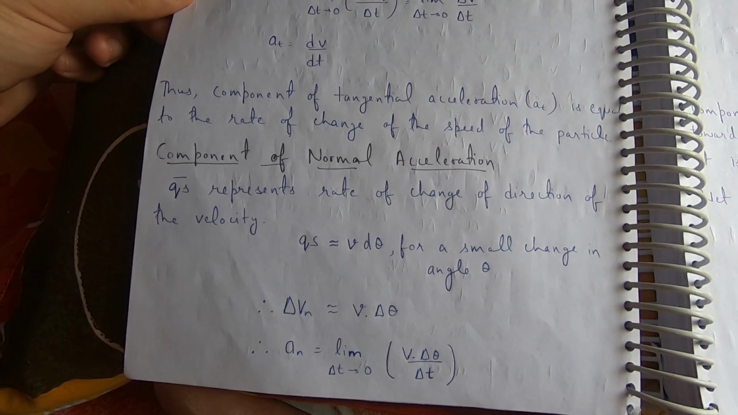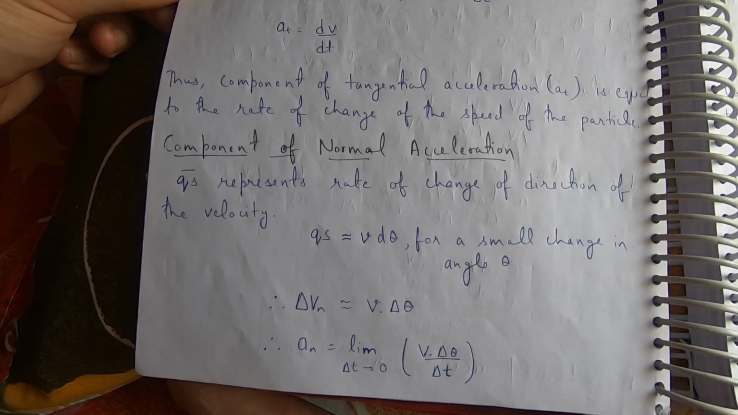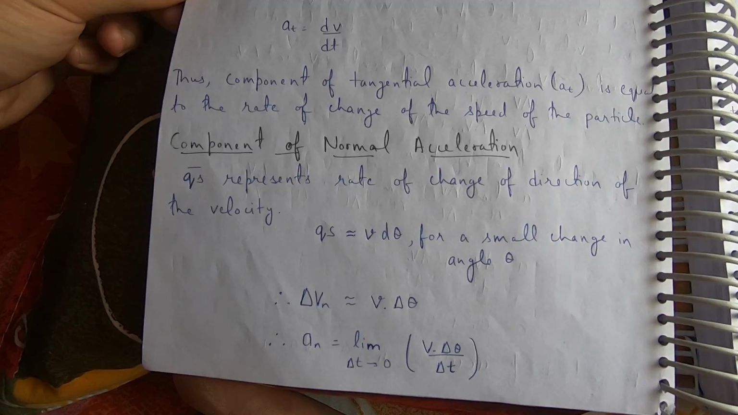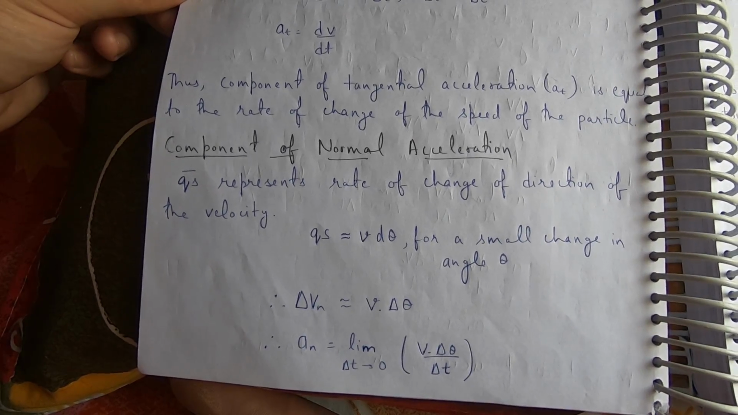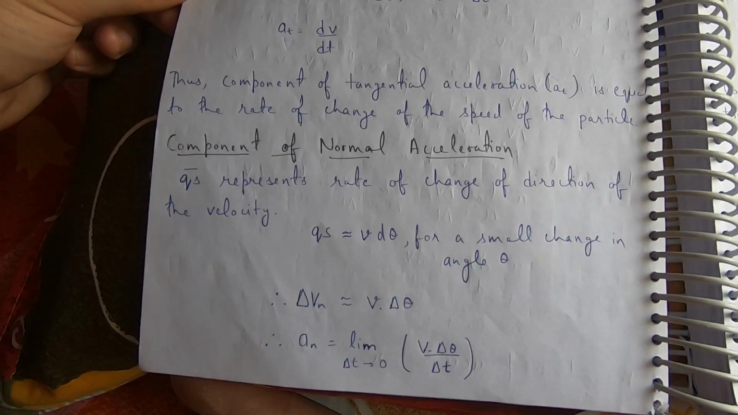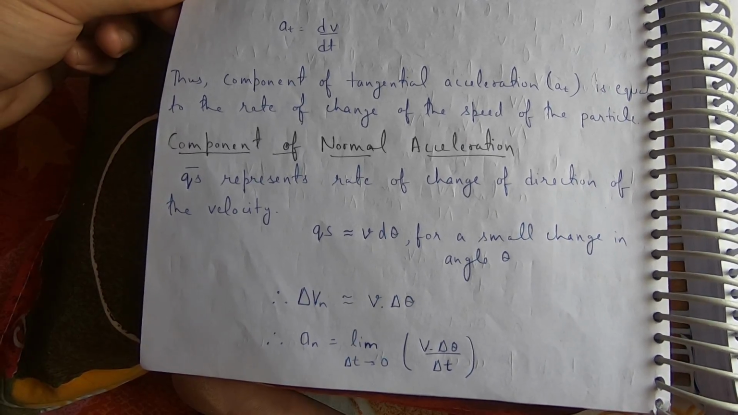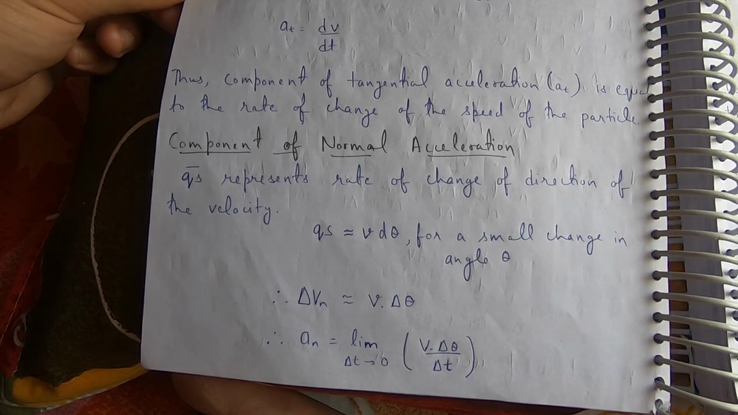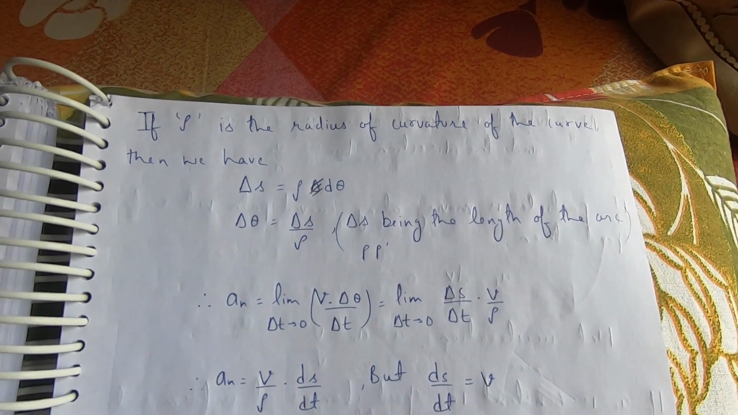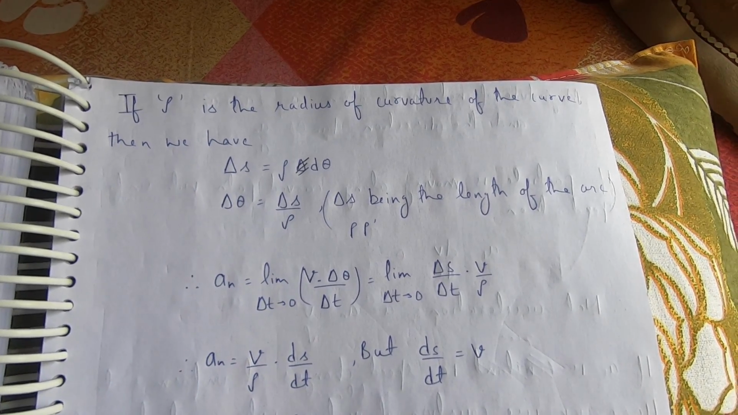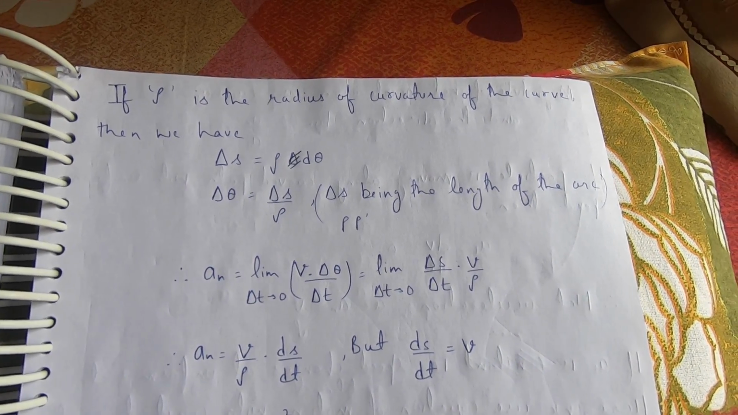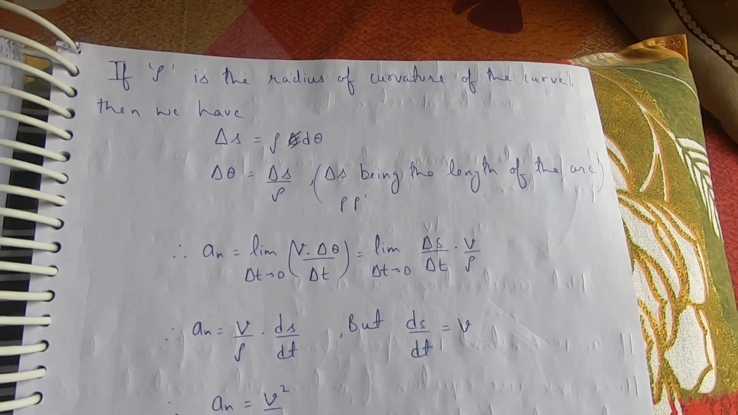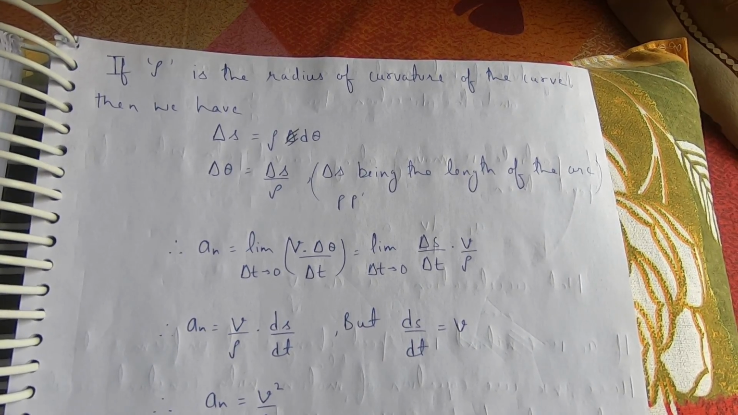Component of normal acceleration: QS bar represents the rate of change of direction of the velocity. QS is approximately equal to v dθ for a small change in angle θ. Δvn is approximately equal to v Δθ. An is equal to limit Δt tends to 0 v Δθ by Δt. If ρ is the radius of curvature of the curve, then we have Δs is equal to ρ dθ. Δθ is equal to Δs by ρ, Δs being the length of the arc PP dash. An is equal to limit Δt tends to 0 v Δθ by